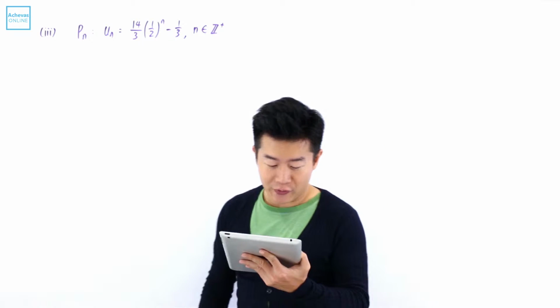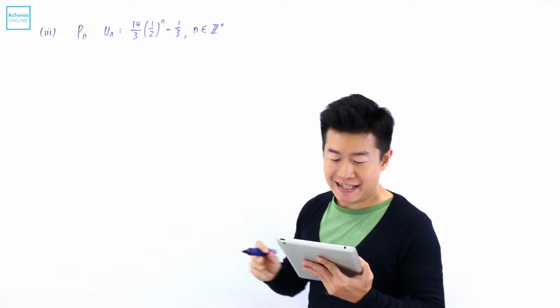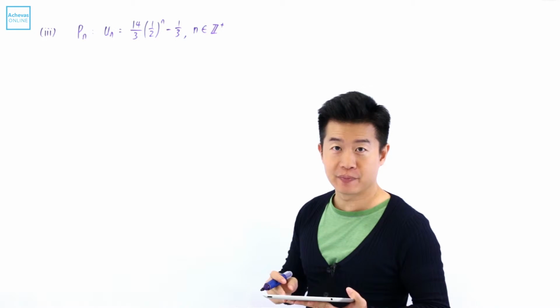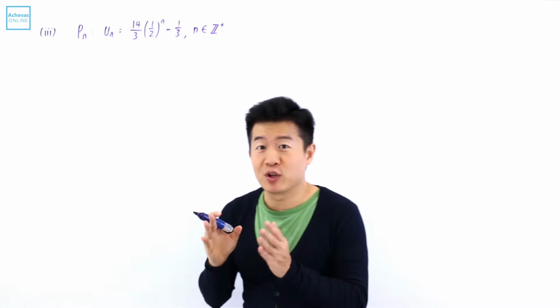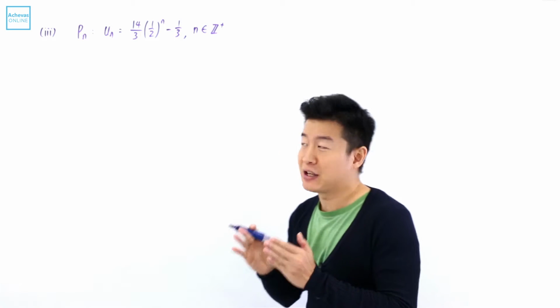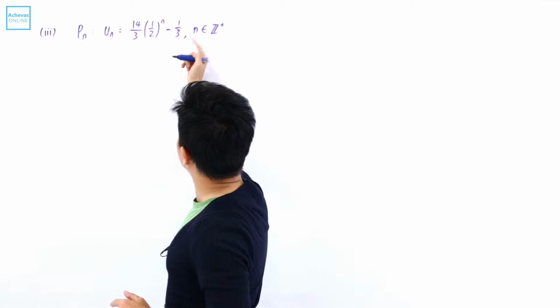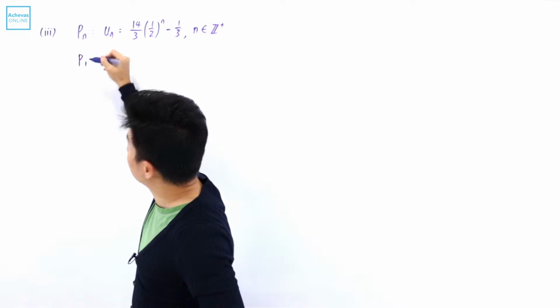With the value of L that we have found in part 2, we are supposed to prove this equation here by making use of mathematical induction. In order for me to prove this, I need to first find what is the smallest possible n, and I'll make sure that for the smallest possible n, it is going to be true. The smallest possible n that I can see is 1, so I'm going to first prove that P1